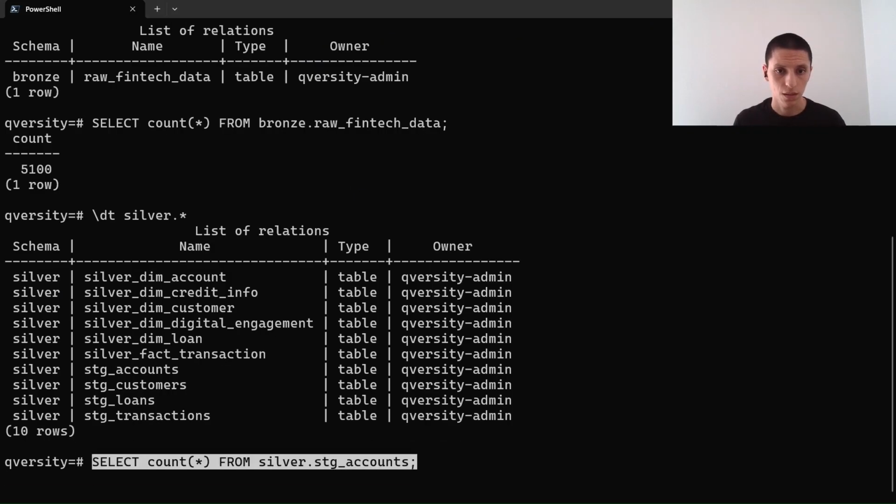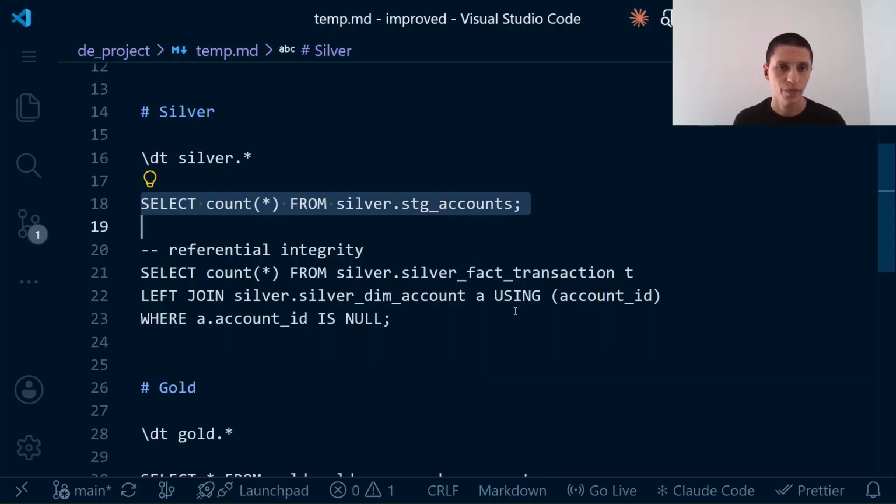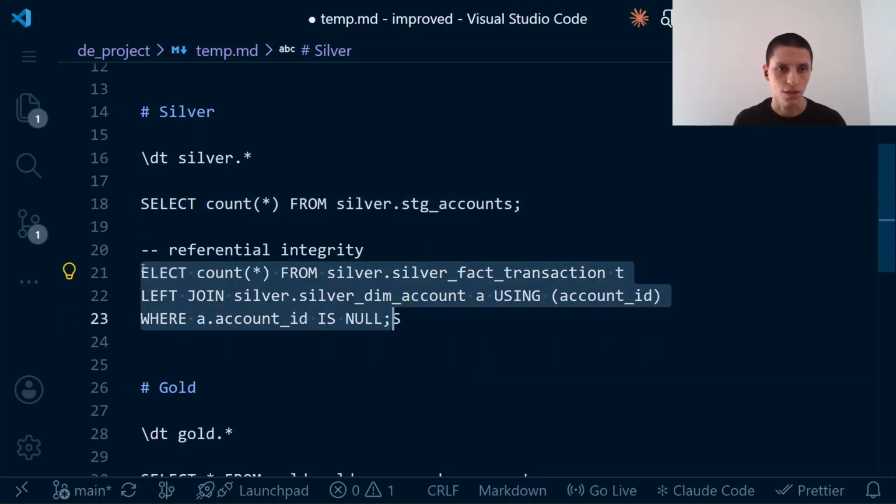Let's see how many accounts we have. This is about 3 times as many accounts as customers, which is consistent with the spec that says that every customer has between 2 and 5 accounts and between 5 and 30 transactions. Let's see